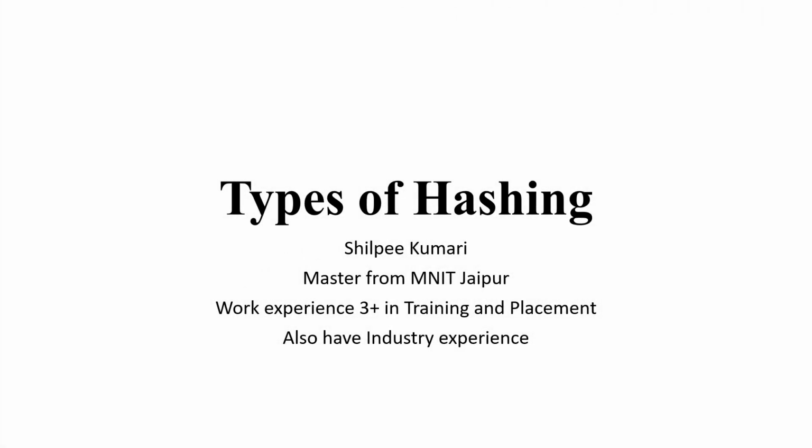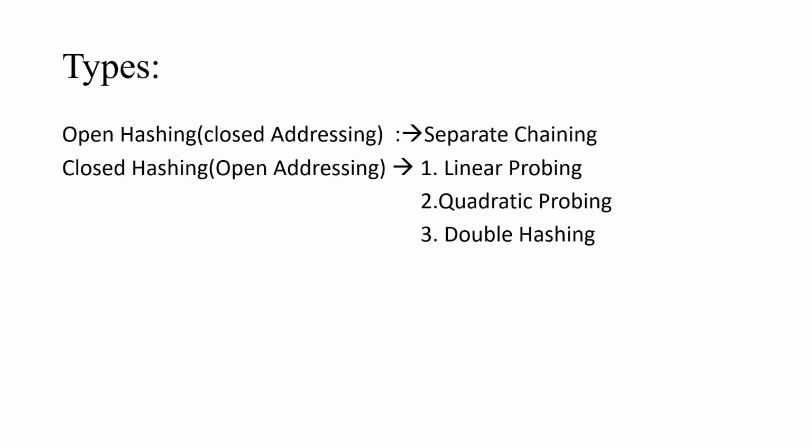In this class, we'll learn about the types of hashing. There are two types of hashing: one is open hashing, another is closed hashing. Now we'll see why we say open hashing. Open hashing means that we have a given table size, and if a collision occurs,